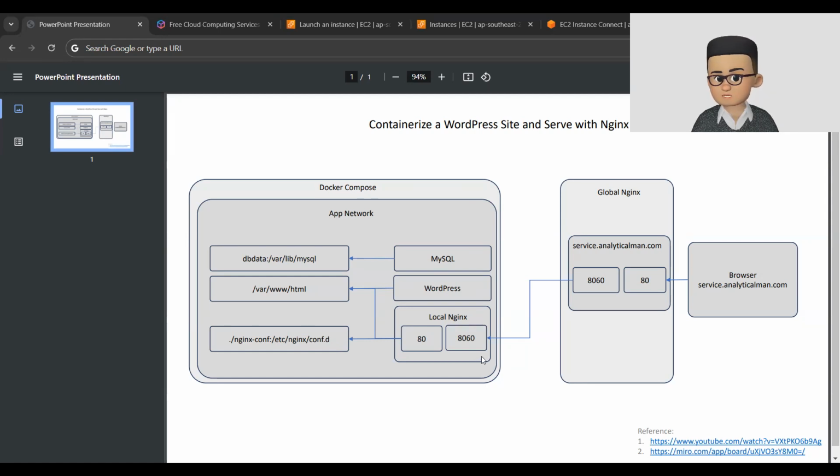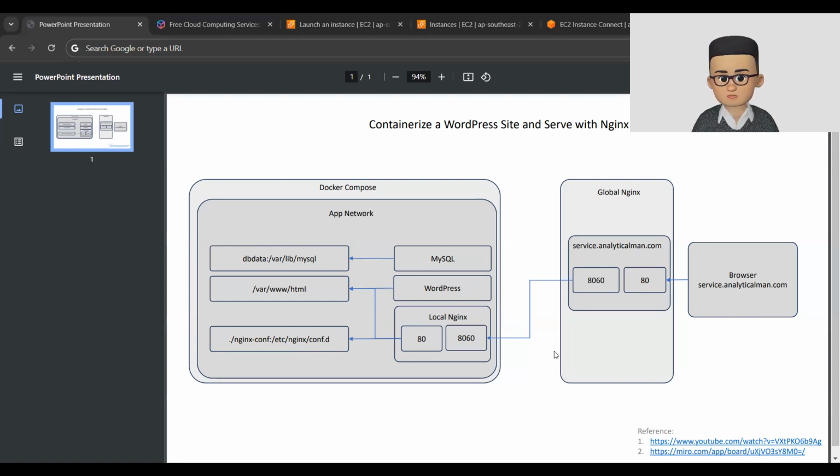The Nginx will proxy the port 80 to a unique port 8060 for this particular website. That's why whenever a particular website is required to connect to the internet, it will have its unique port. And that way, we will maintain a unique port for every website so that we can serve multiple websites from different